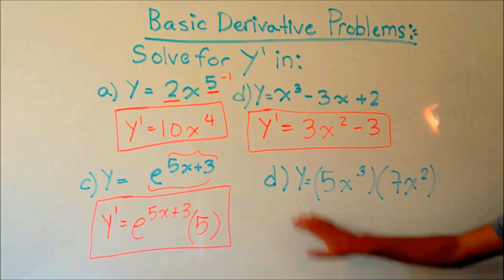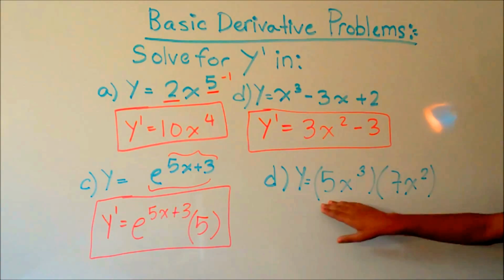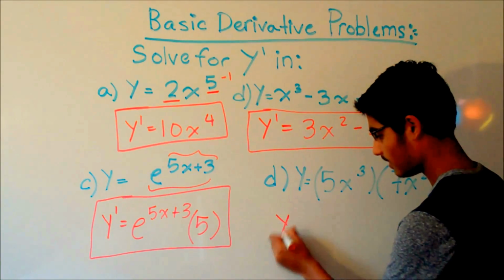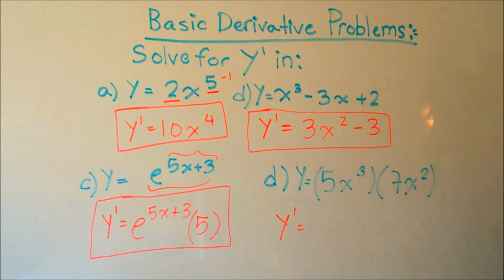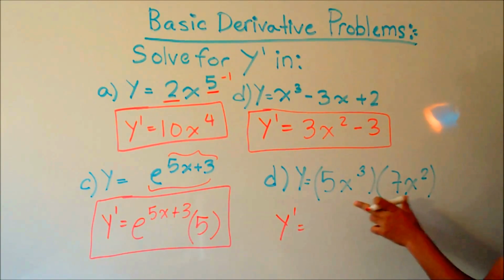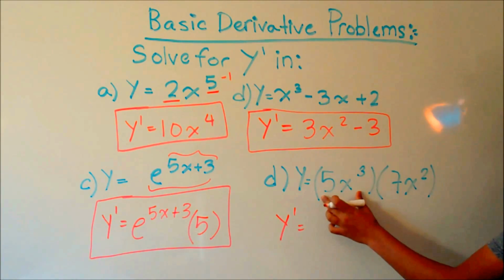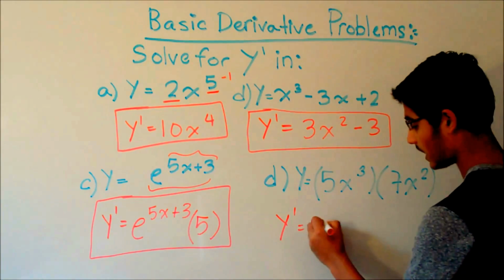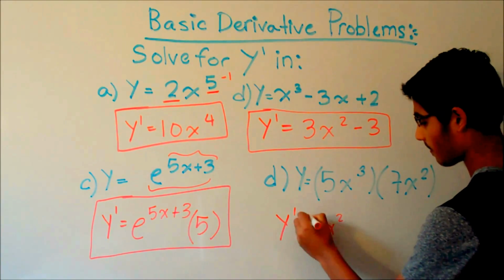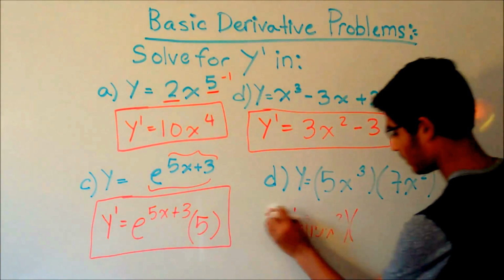Now let's move on to problem D. As we can see in problem D, we have two terms multiplying each other. So what do we use? Here we have to use the product rule. The product rule states that the derivative of this would be the derivative of the first function times the second function plus the derivative of the second function times the first function. So let's do that. We have 5x cubed. The derivative would be 15x squared times,